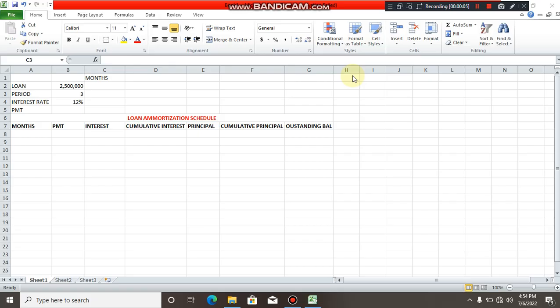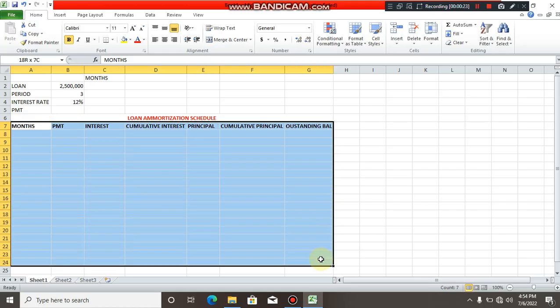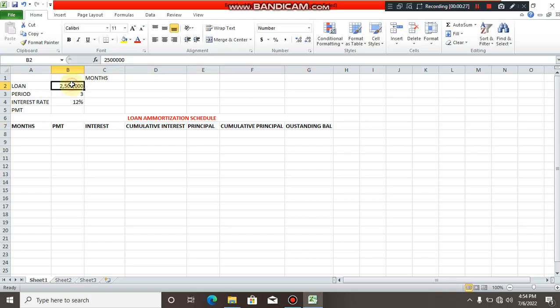So today we are going to see loan amortization in Excel. Just how to run it. Here, this is our schedule. As you can see, this is our loan amortization schedule. So assuming you obtain a loan of 2.5 from any bank,